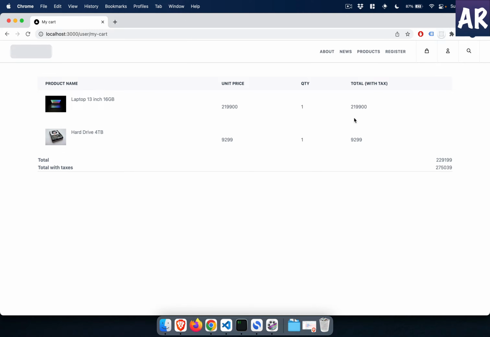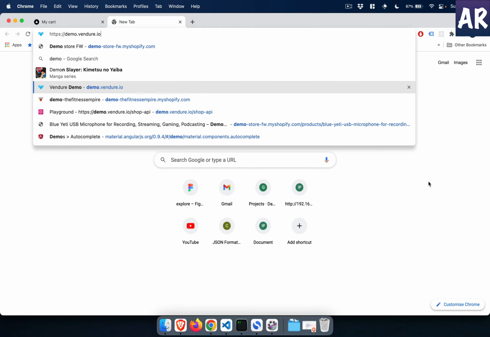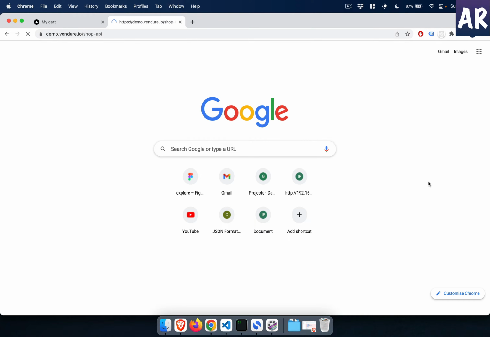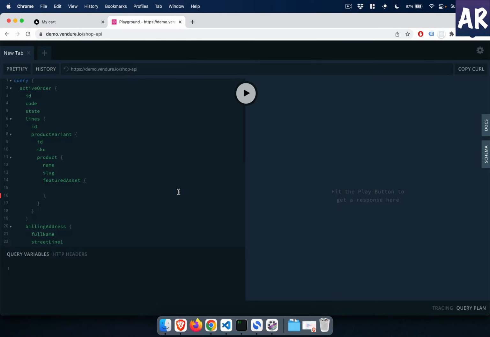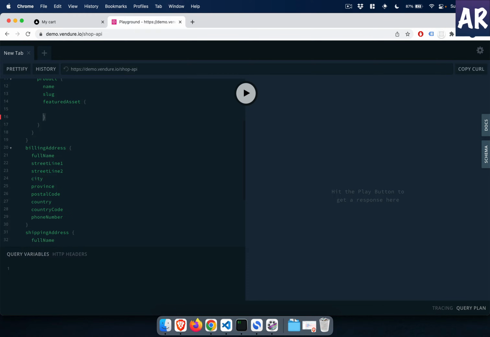The unit price, the quantity, the total, rather this is with tax. And then I'm also showing the total cart value with tax as well. This is all coming from GraphQL. So first, let's understand what are the different data points that we get on the GraphQL API. So if I go to my active order, you can see I have a rough query in here,